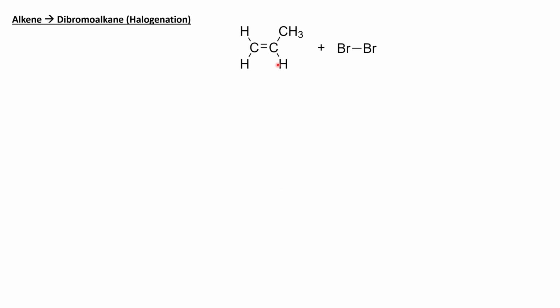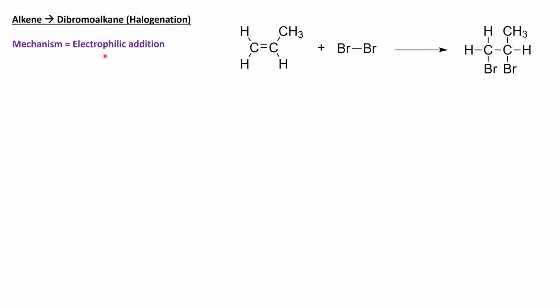Here I've shown propene and bromine, Br2, so that's a halogen. And the bromine is going to add across the double bond. We can see there was the original position of the double bond. And we can see we've added a bromine atom here, which was this carbon here, and here, which is this carbon here. So the name of this product is 1,2-dibromopropane. Now this follows an electrophilic addition reaction in terms of its mechanism, and the reagents in our case are